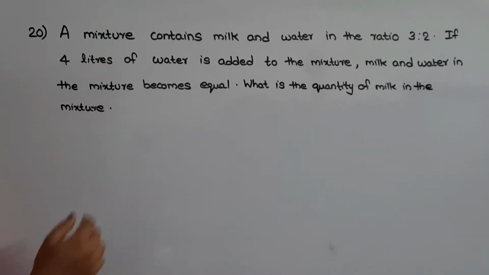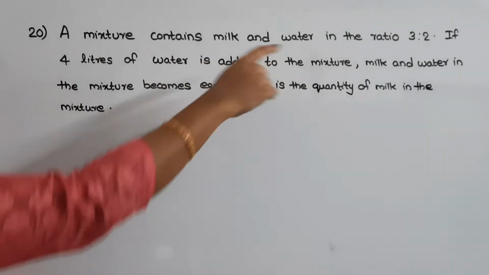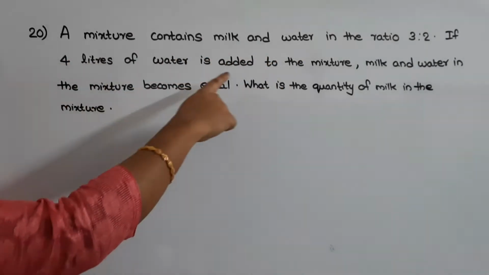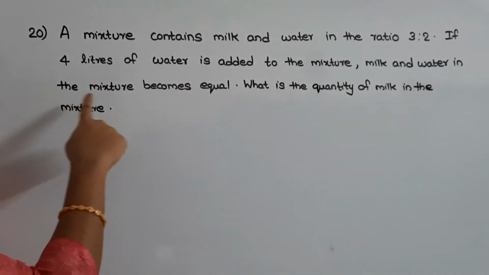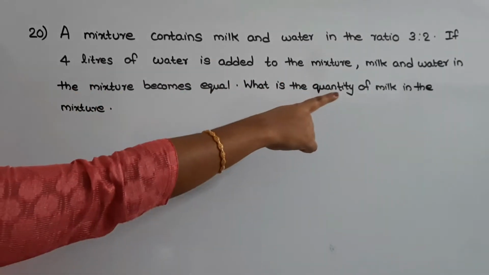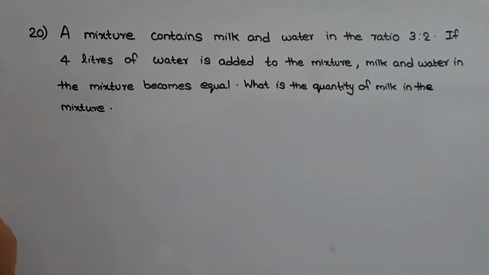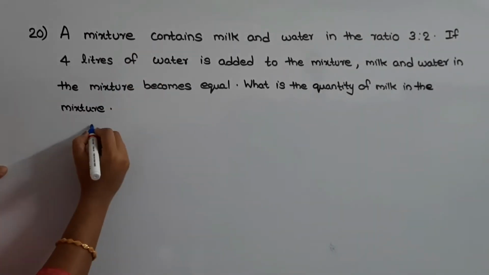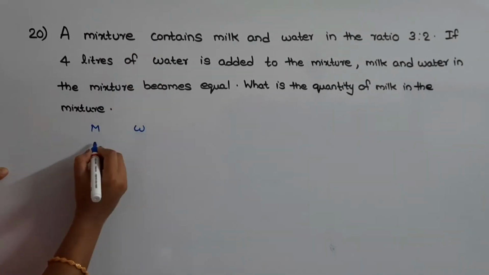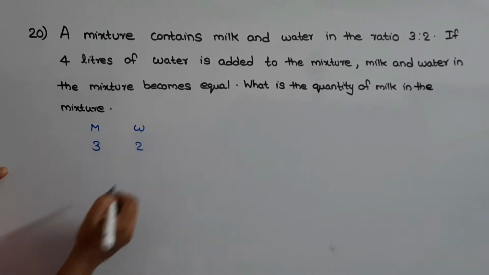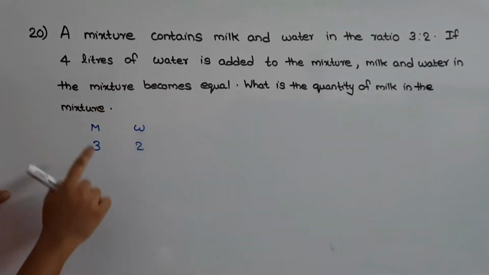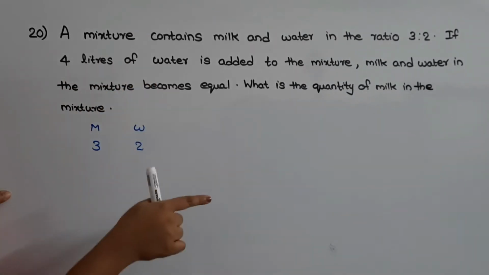The next question is a mixture contains milk and water in the ratio 3:2. If 4 liters of water is added to the mixture, milk and water in the mixture becomes equal. What is the quantity of milk in the mixture? So in this question they have given the ratio of the milk and water in a mixture as 3:2. Now they are telling that 4 liters of water is added to the mixture, because of which milk and